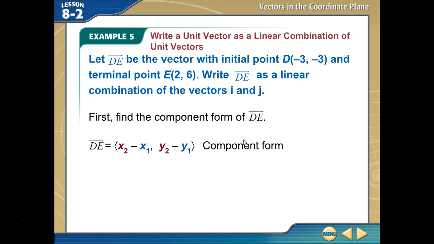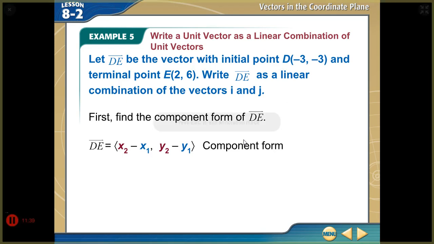Okay, so what we're looking at now is how do we take our values and figure out what they are in terms of i and j. Again, we remember that i is 1 along the x-axis and j is 1 along the y-axis. So the way we're going to do it is, if we think about what this is actually looking like as a graph,